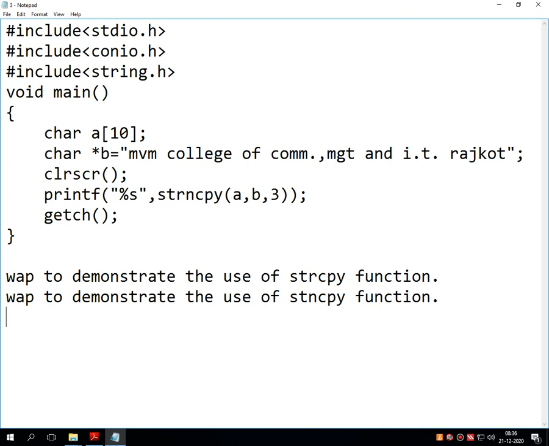So these are the two definitions that we have recently done. As this is a video lecture, no need to wait for some moment. You can pause the video and write down the program. We'll move ahead to demonstrate another function.